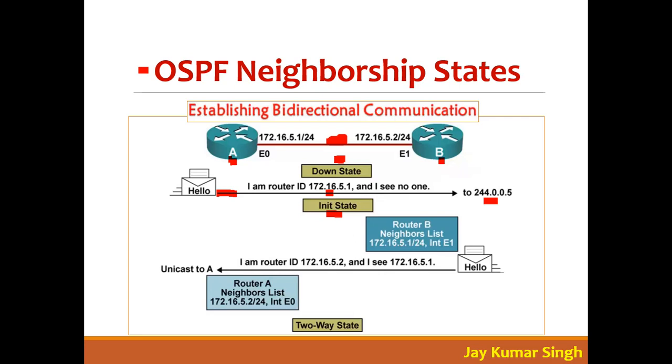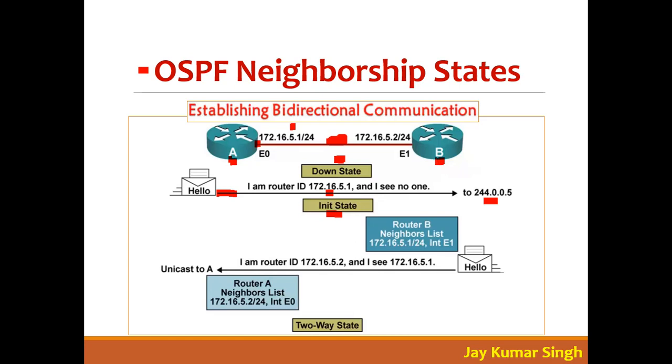on the multicast IP address. And why does it say I am router ID 172.16.5.1? Because it has only one physical link and only this IP address, so it is considering this IP address as the router ID. Now once the hello message is sent on the link, that hello message is sent in the initial state. Now when you come to router B and configure OSPF also,